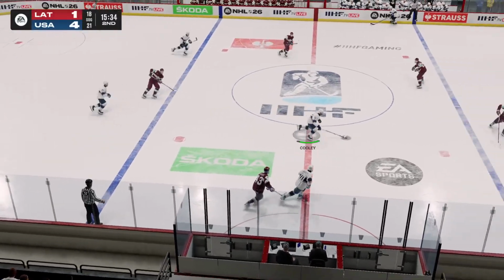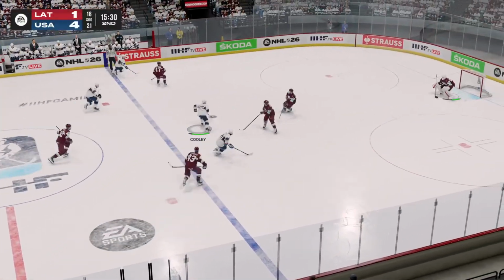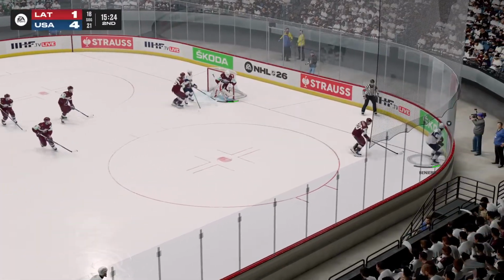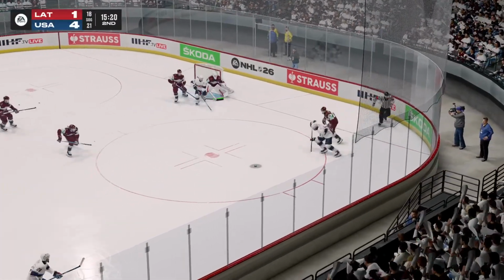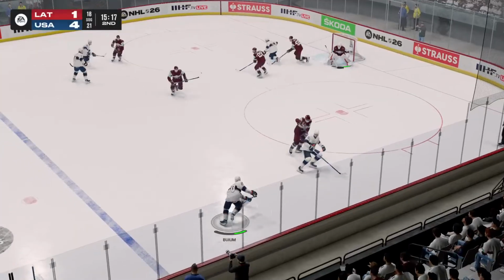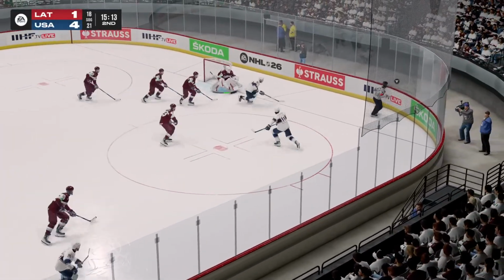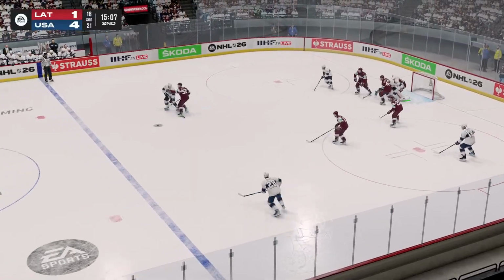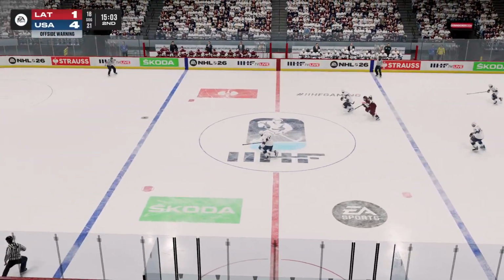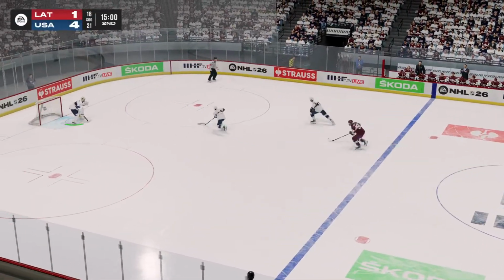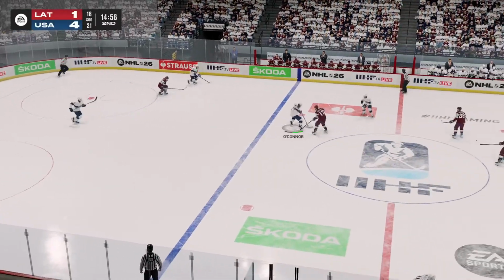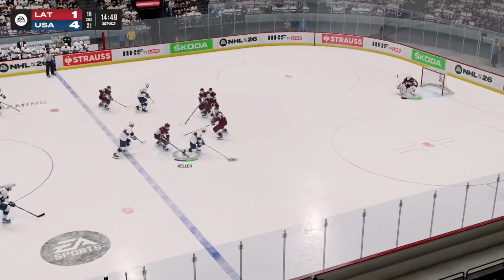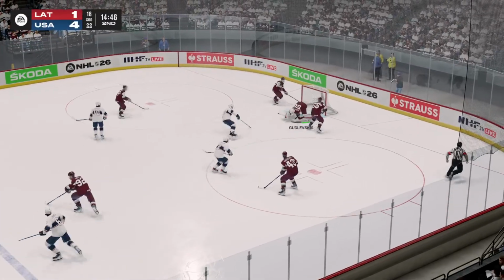Ravinsky's pestered from behind by Beniers. Turnover. Logan Cooley drops it off for Beniers. He's poked into the corner. Beniers gets back on it as it flips to the right wing circle. Boyum. Back down low, O'Connor circles back to the point, and Boyum to the other side, and Laurie can't handle it, and it comes all the way back. Good defense in transition there by Latvia. Americans looking to get right back in. Clayton Keller fires, save, Godlewskis.